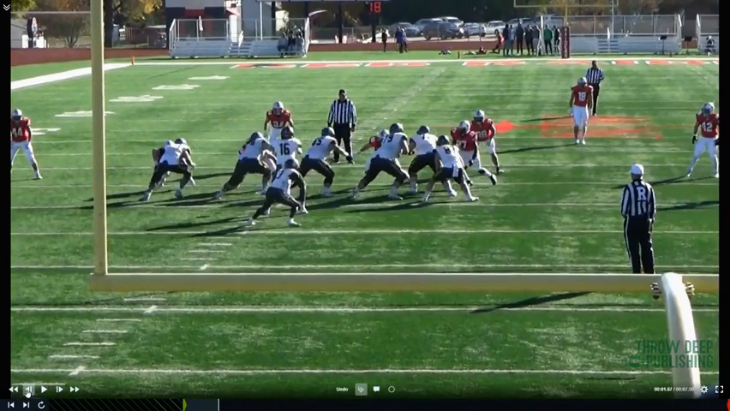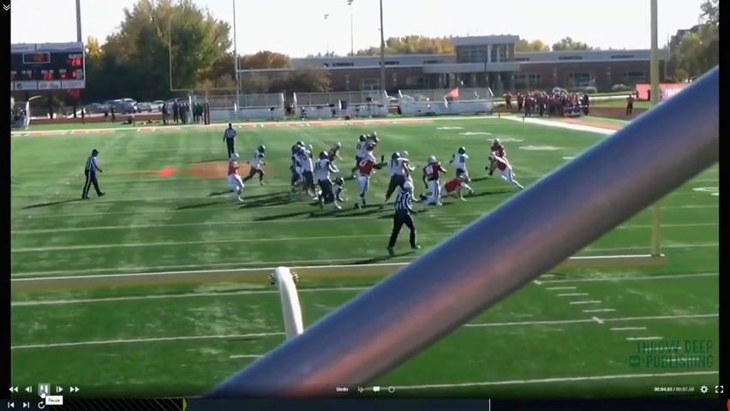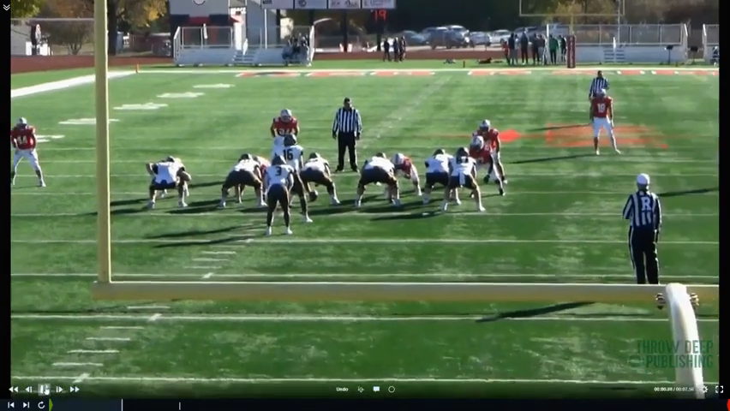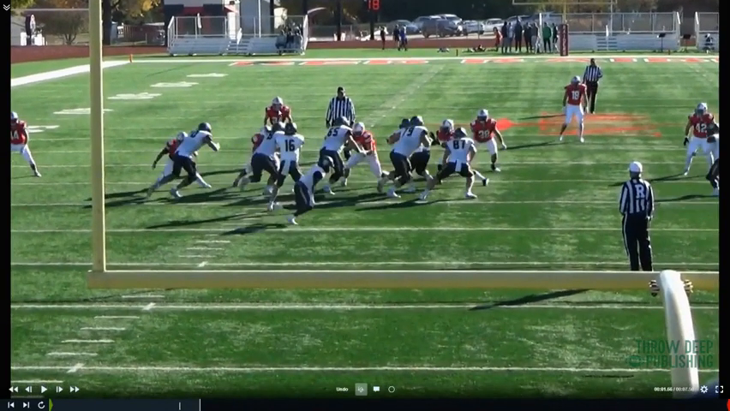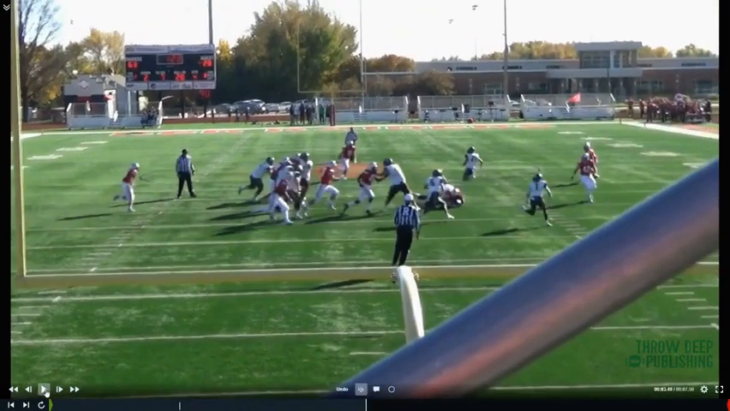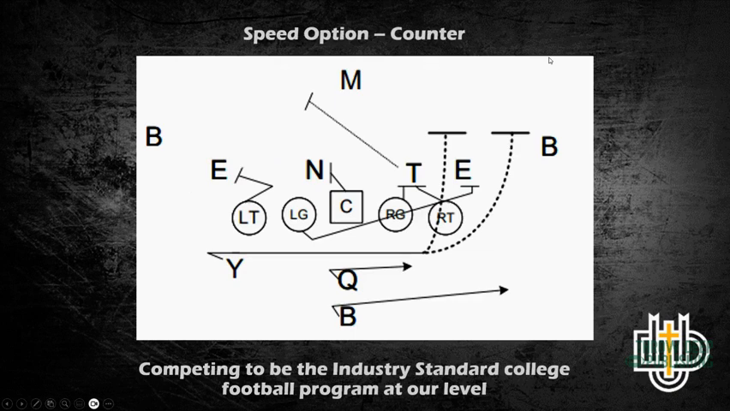Here's a good look at the scheme. You can see, just like I said, the backside linebacker is problematic, even though it's a little too late. He does get over the top, and our right tackle is trying to get him blocked, but he gets over the top and misses. And the last play that I want to show in the get to force by blocking the box